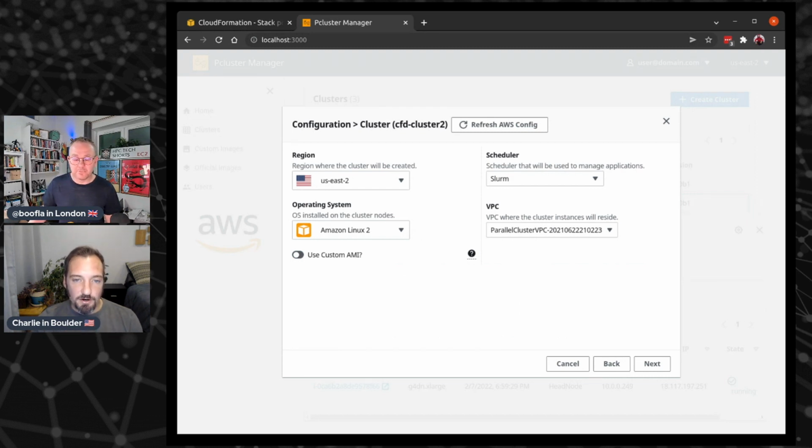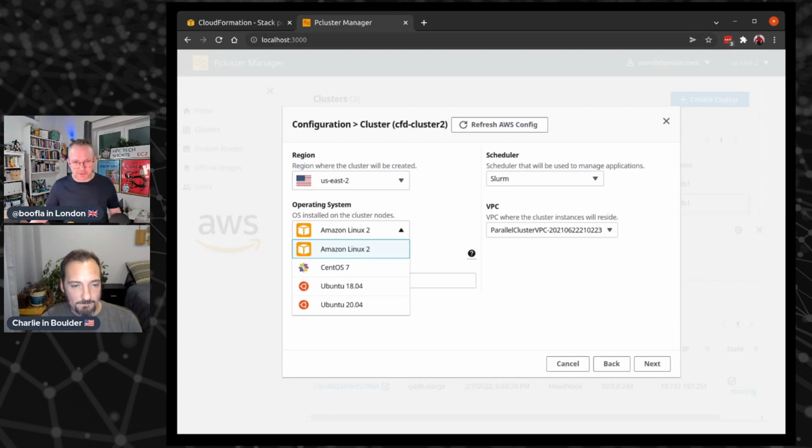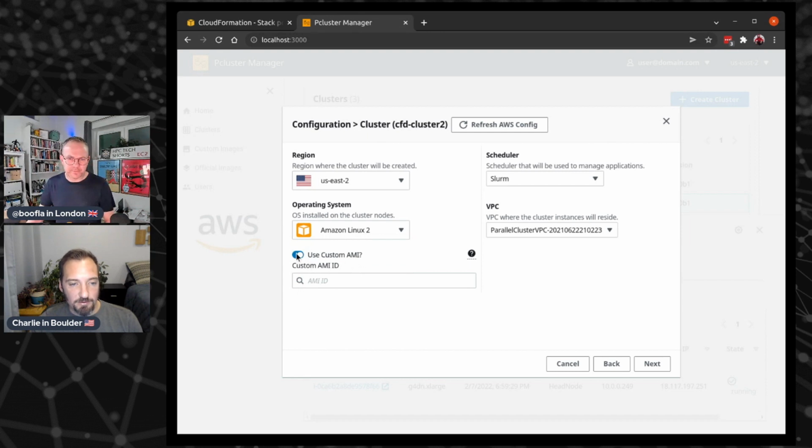So we start at a pretty high level: which region things are running in, the operating system to use. There's the option to choose a custom AMI file. So you've got AL2, CentOS 7, Ubuntu, and a couple of versions of Ubuntu. That's cool. Yep. Cool. So for this particular configuration, I don't need a custom AMI,